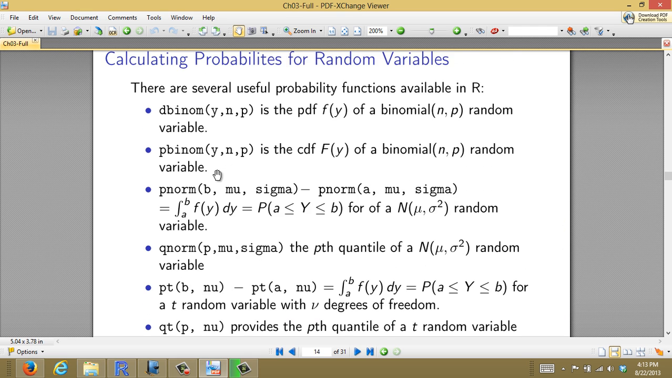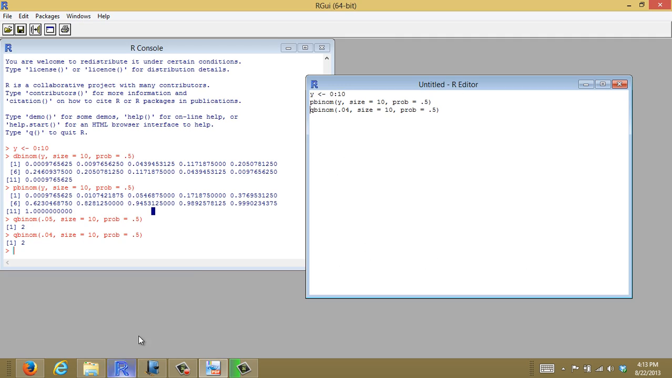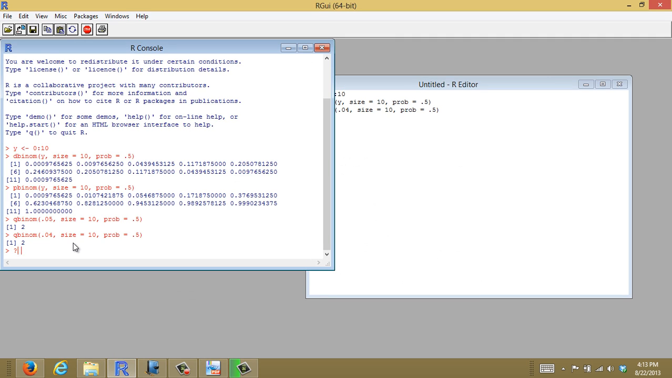And so these are just some examples of the kinds of values that you can obtain pretty easily in R. R has lots and lots of distributions. If you type question mark distributions in R,